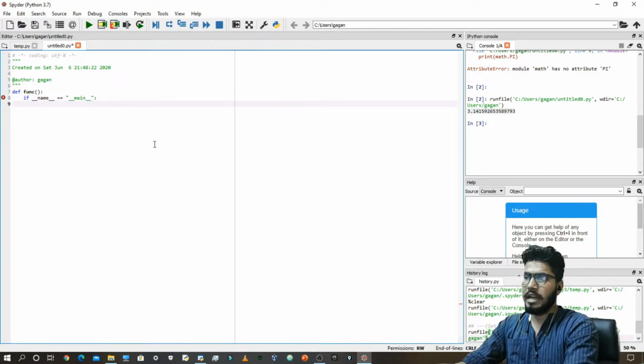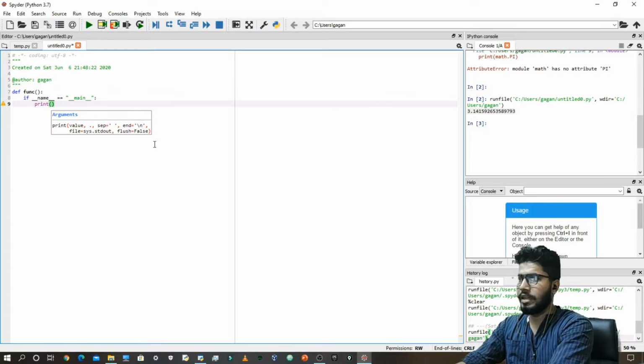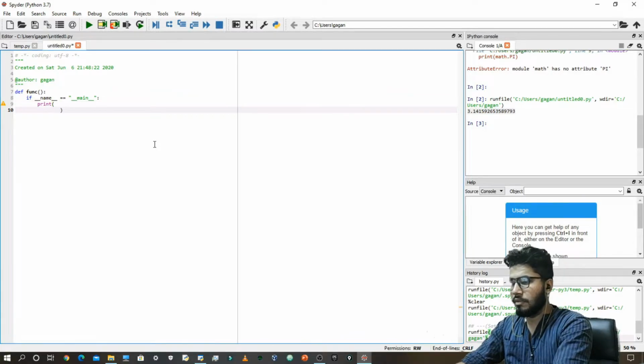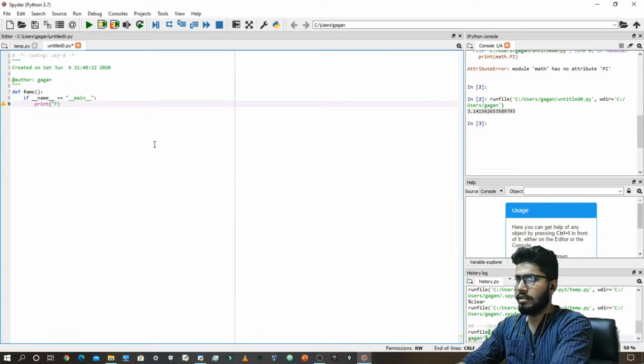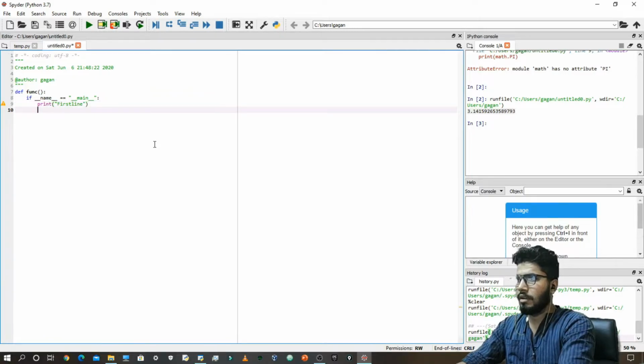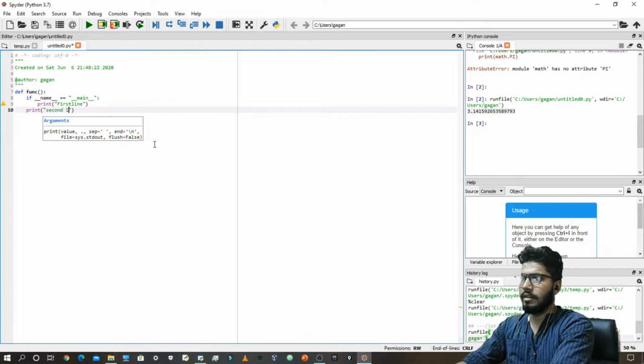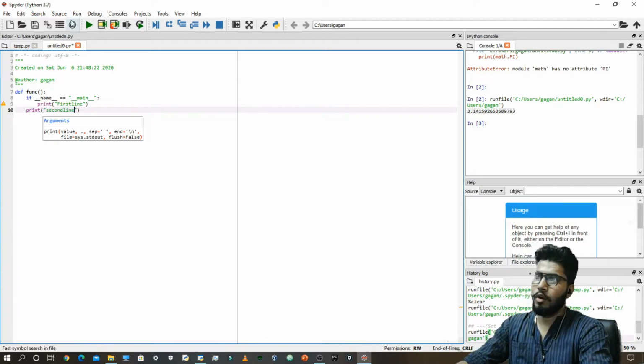Now just bear with me, I will tell you exactly what is going on here. And I am going to print first line, and then outside of the if condition I am going to print second line. Now if I run that, both of these lines will run.